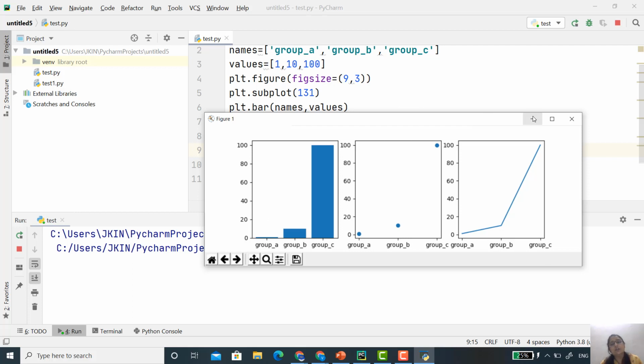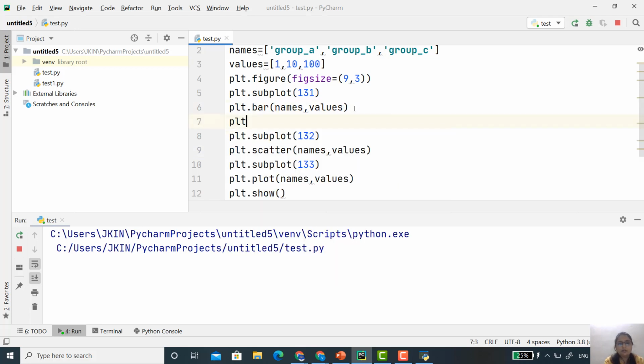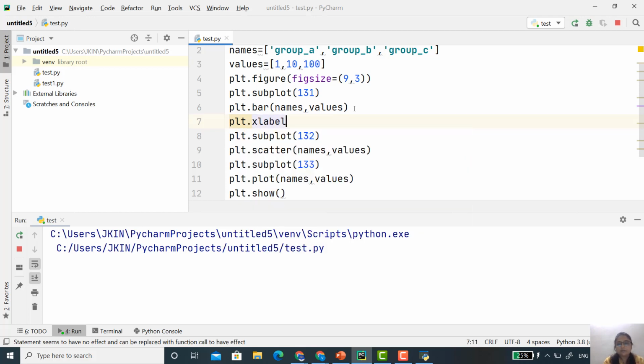Here also you can provide a label to your subplot. If I want to provide a label to my subplot, then I simply have to write plot dot xlabel, and you just provide the label, x-axis of subplot 1.